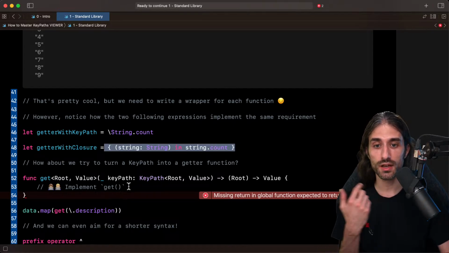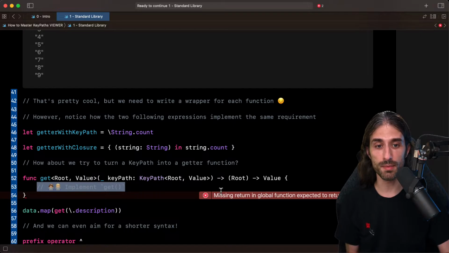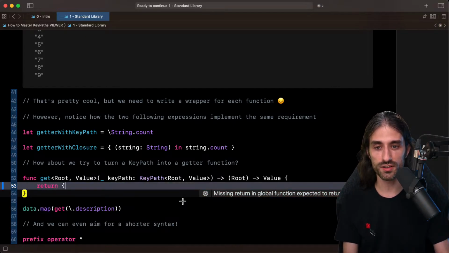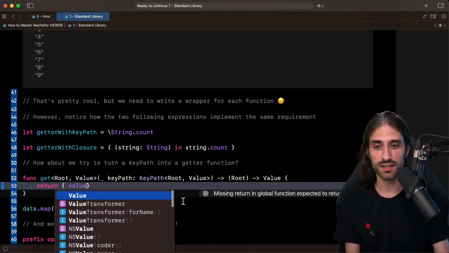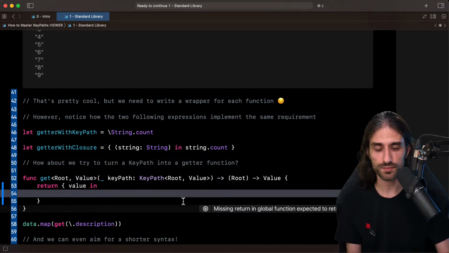And as it turns out, it's pretty straightforward to implement. You just need to actually follow the type signature. So this function expects to return a function that takes a value of type Root and returns something of type Value. So let's just type that. We are returning a function that takes in a value, okay?